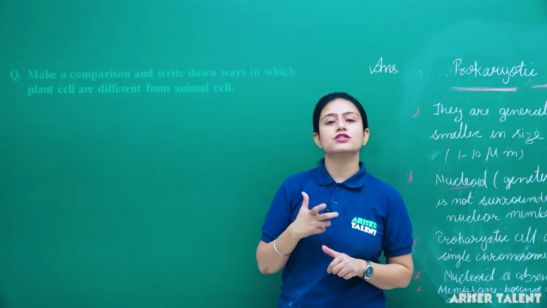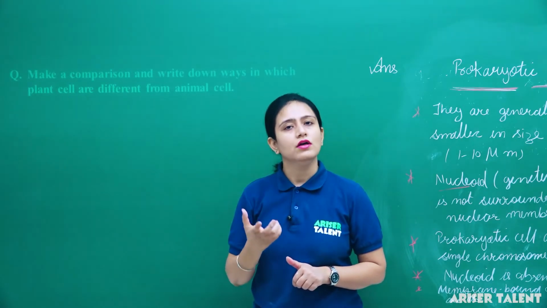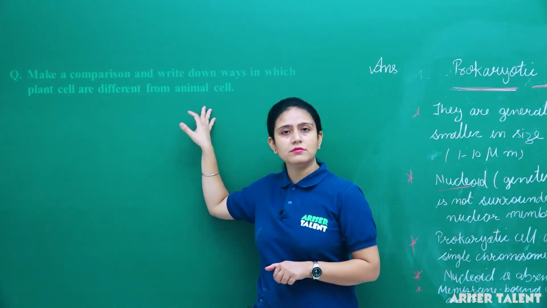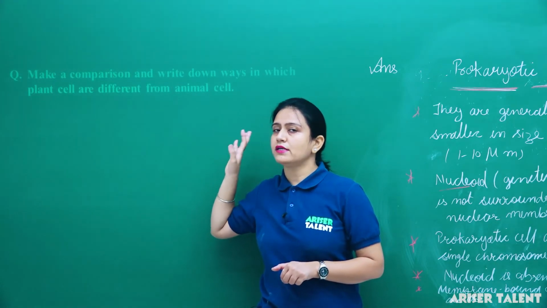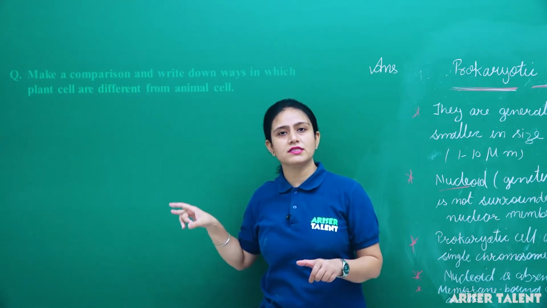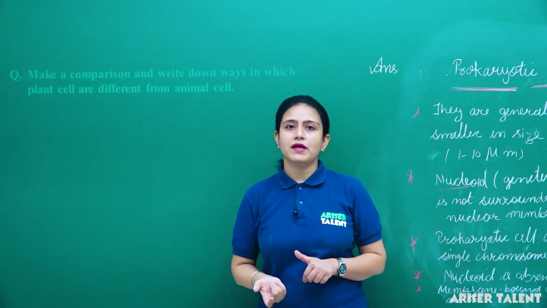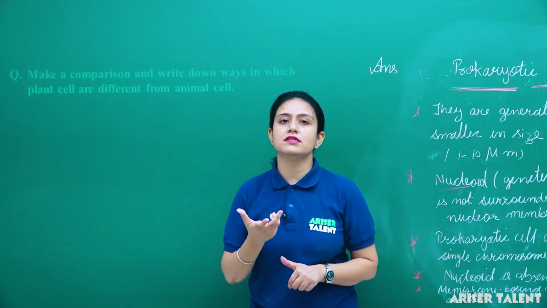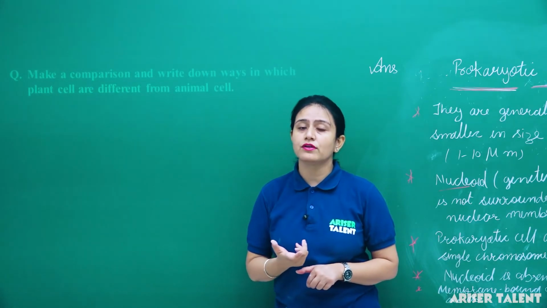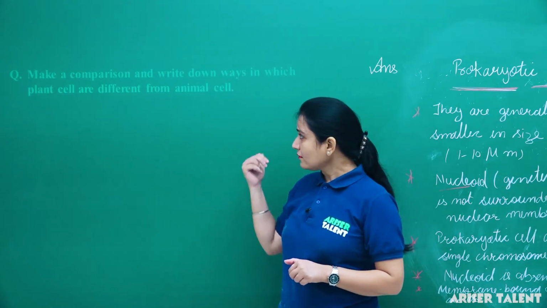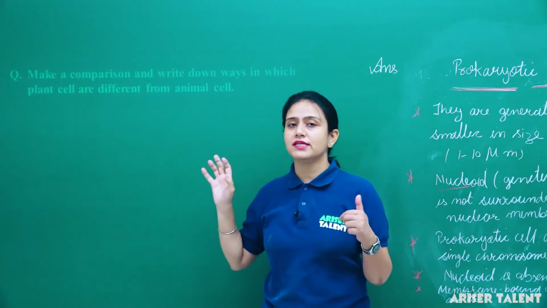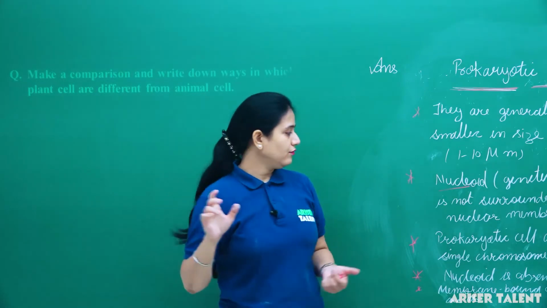Do you know what is the function of vacuole? Generally it stores the food materials. Clear? Plastids, if you talk about the plastids, then animals do not have plastids, means plastids are absent in the animal cell. And the plant cell, yes, they have the plastids. What are plastids? Plastids are cell organelles which are responsible for the color. Okay, thus we can say plant cell is different from animal cell in many ways.